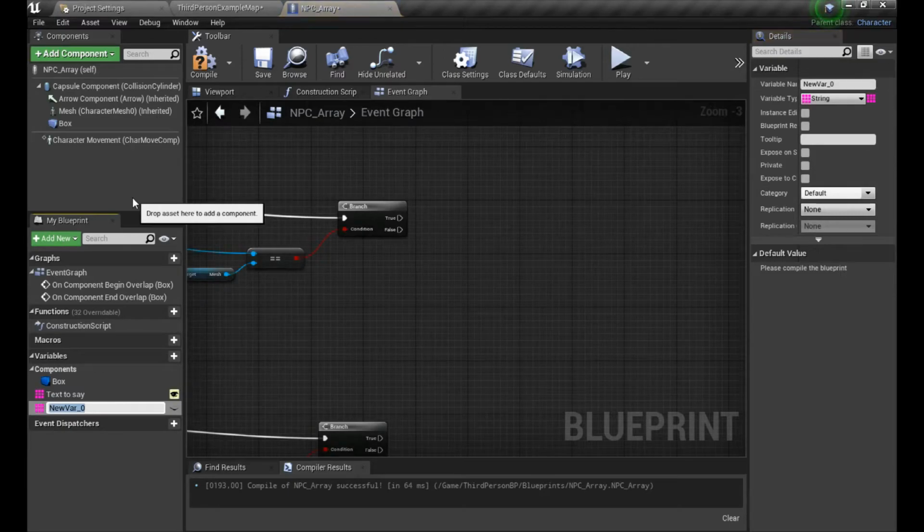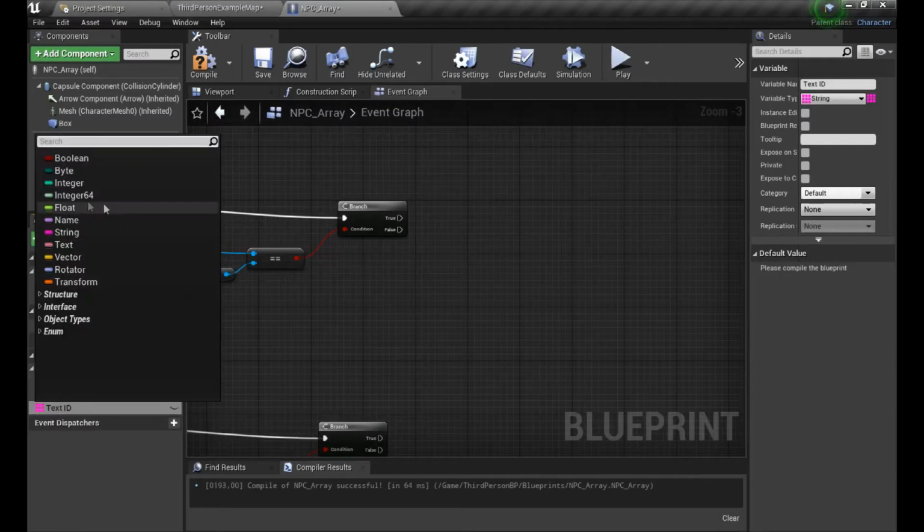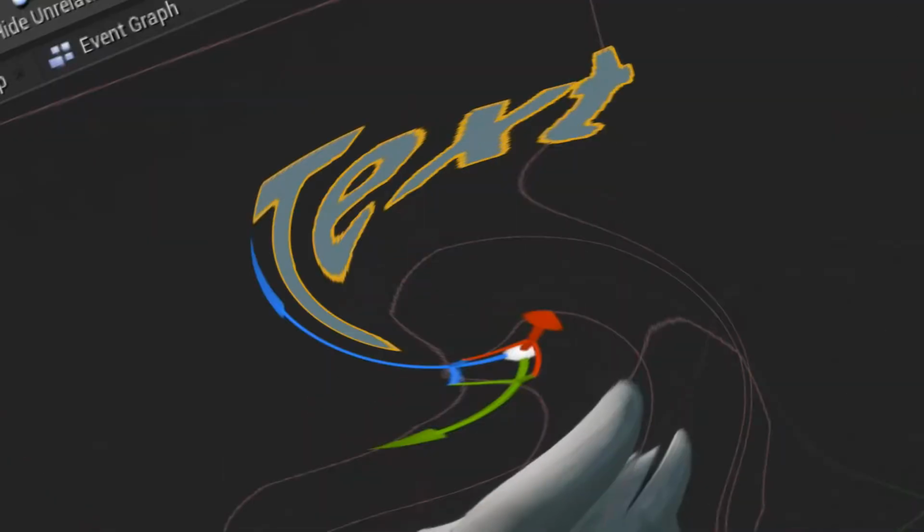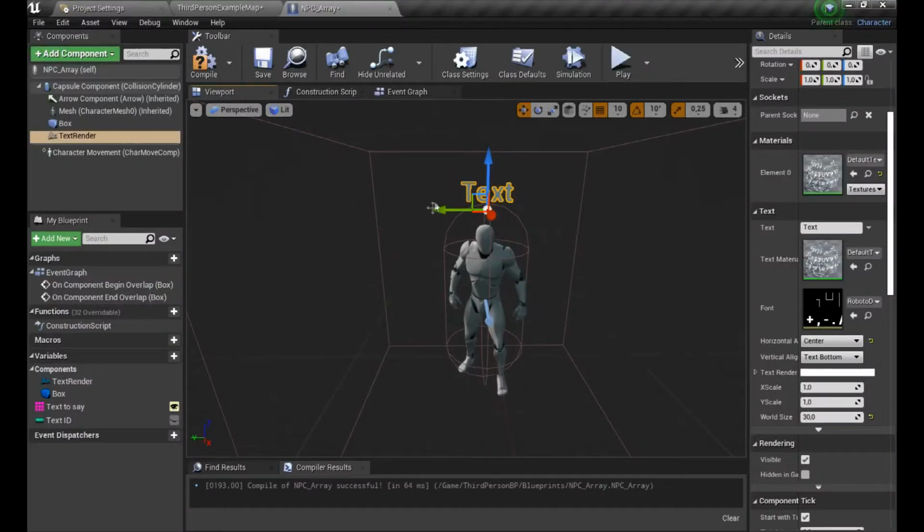Also add a new integer variable called textID, which will represent the actual text we want to show up. As we have the variables, we need to feed this info somewhere. Therefore, let's add a text component to our actor. Place it above its head, make sure it's centered and it says bottom, so we make sure